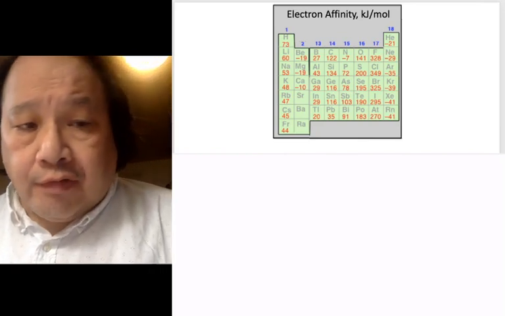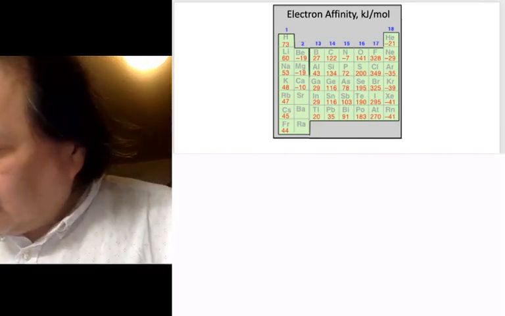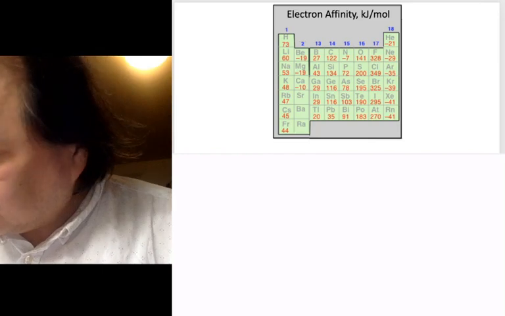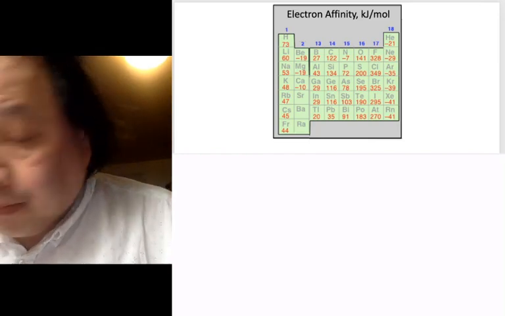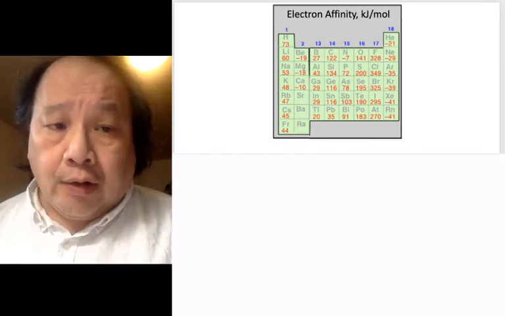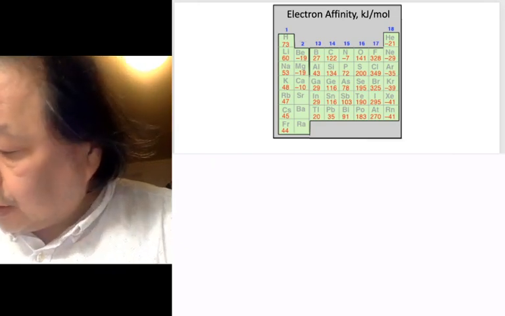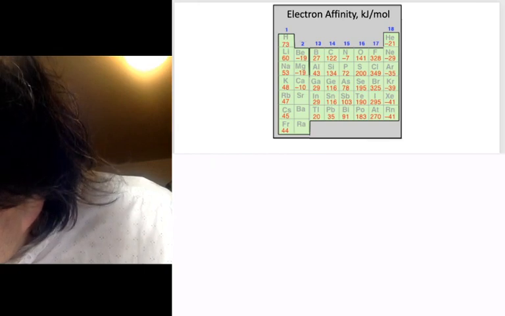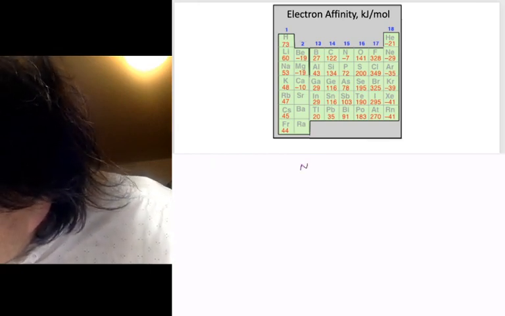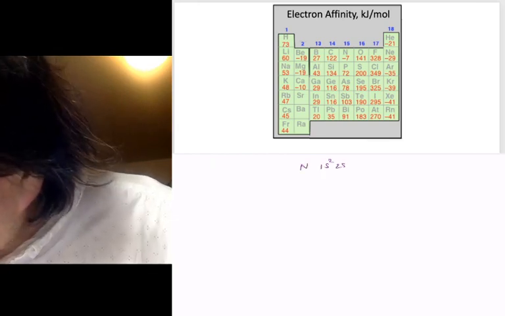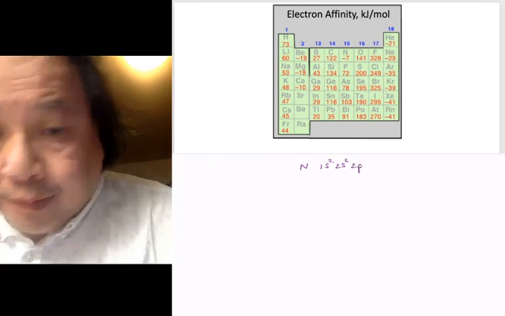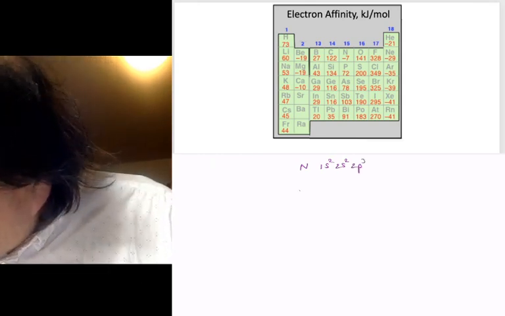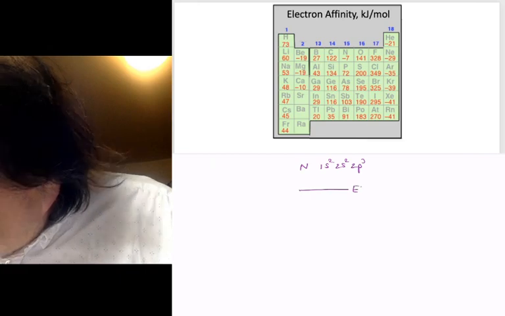To understand the deviations from the periodic trends for electron affinity and ionization energy, we're going to have to look at how electrons interact with other electrons. And we're going to consider nitrogen first. Nitrogen is 1s2, 2s2, 2p3. And so here it is, E equals 0,